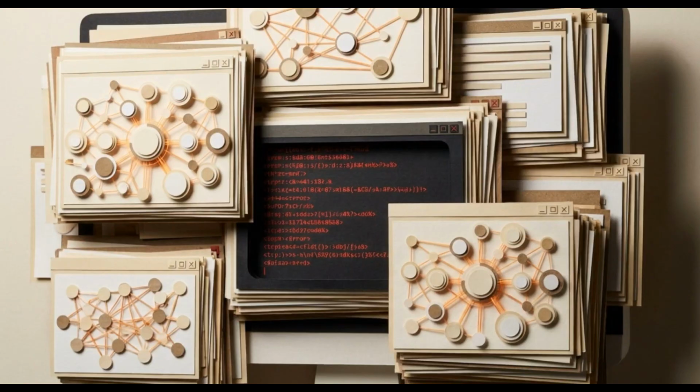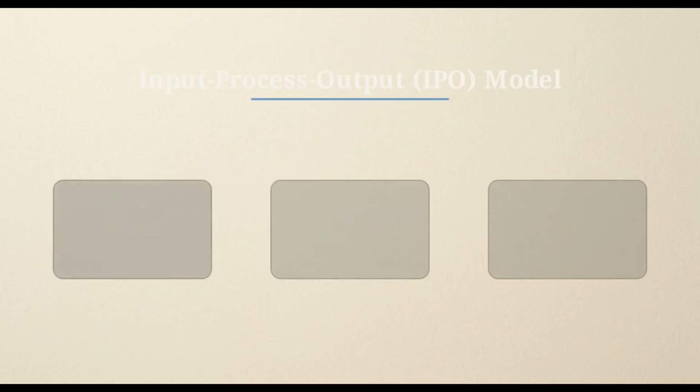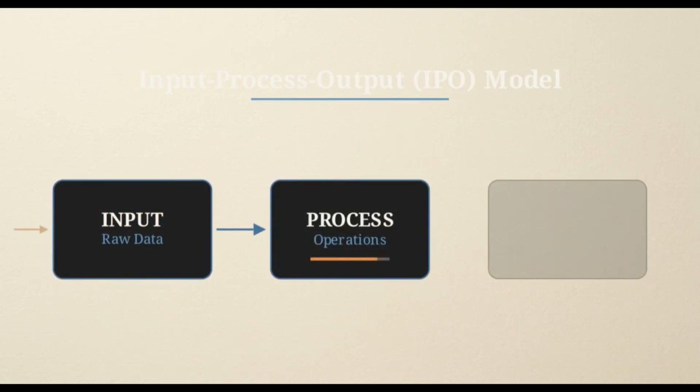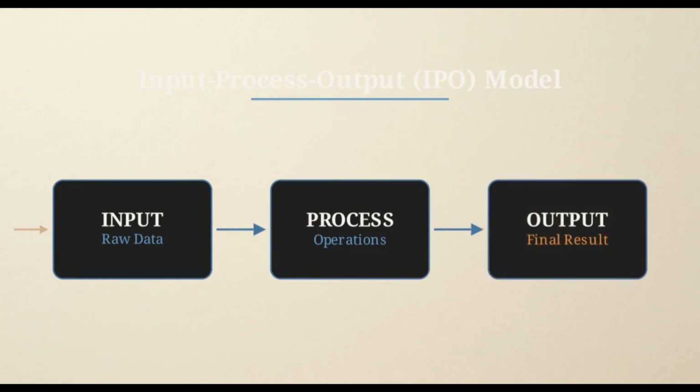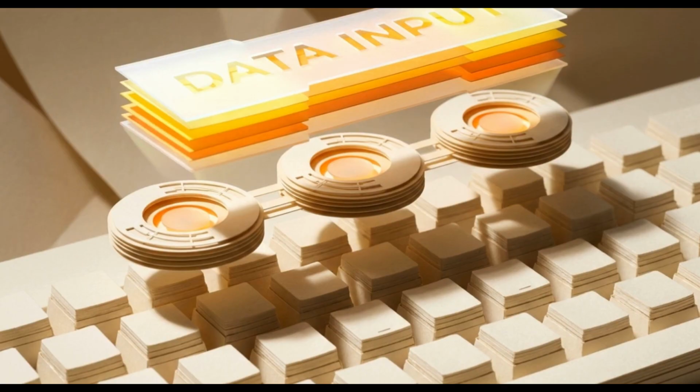Standard AI tools often lose track of instructions or hallucinate data when you hand them a dense, multi-step project. To solve this, Opal utilizes a classic system design model known as the IPO framework. This chart breaks down the 3 strict stages: input for your raw data, process for the operations performed on that data, and output for the final result. By organizing AI into this precise architecture, Opal avoids the high failure rate of simple text prompts. You just describe what you want to build, and it segments the task into manageable, visual nodes.